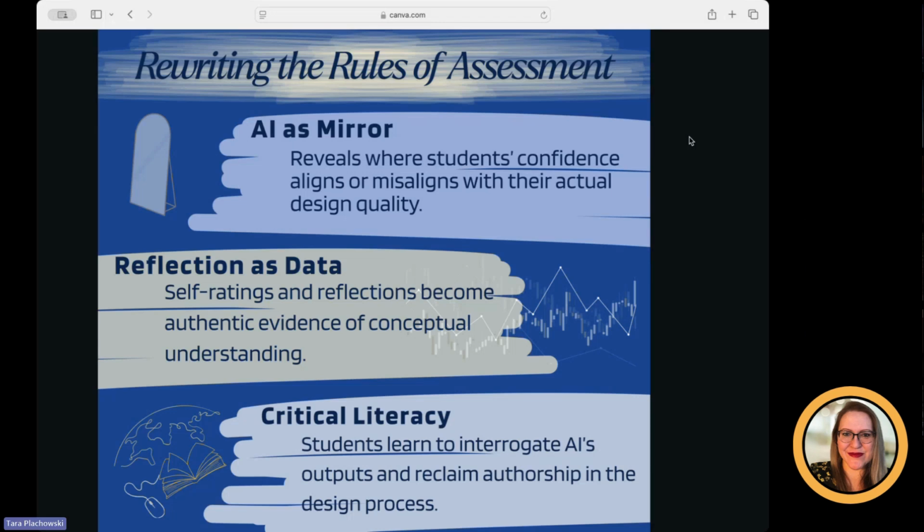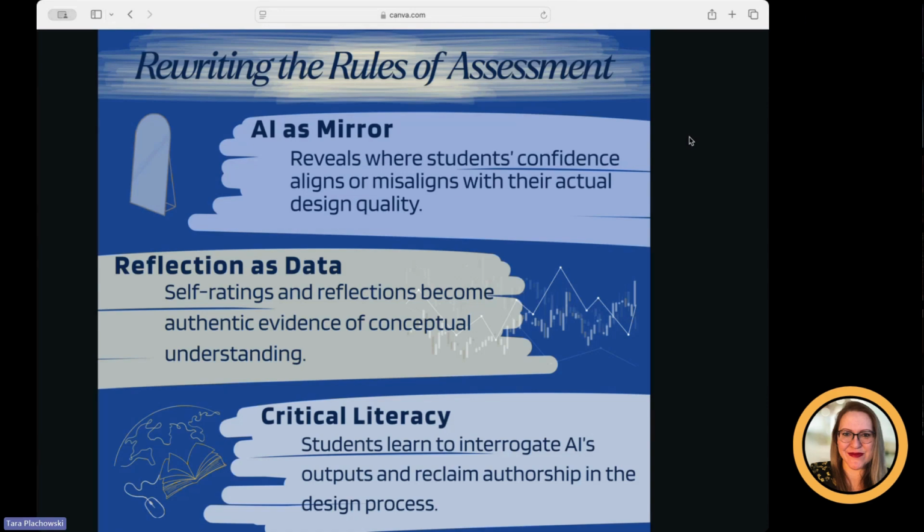And then again, the reflection is the data. The reflection creates the validity in this assessment for me. Do they know it? Are they confident about it? And then alongside the product, I can see if their perceptions are accurate. I can look at that lesson plan as I'm looking at their reflection data and see, oh, they think this is accurate, but it's not. So they don't understand validity and assessment. They don't understand SMART goals yet. If they think that these are SMART goals, they are not, if that makes sense.